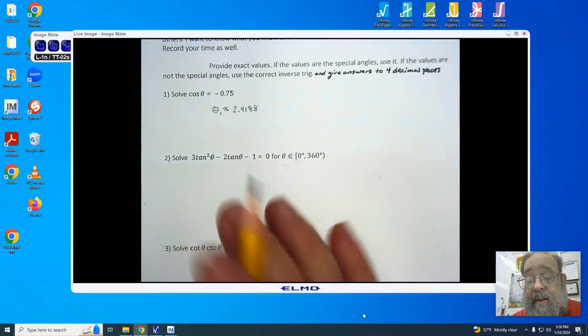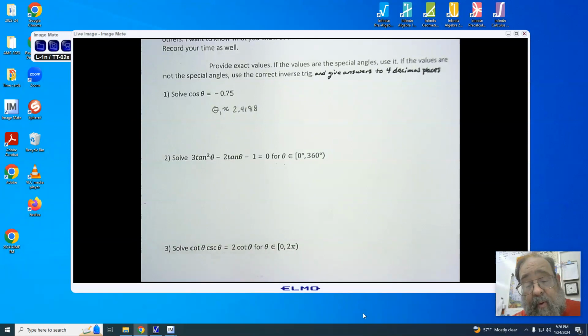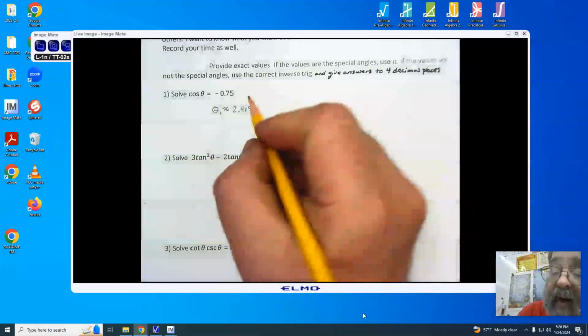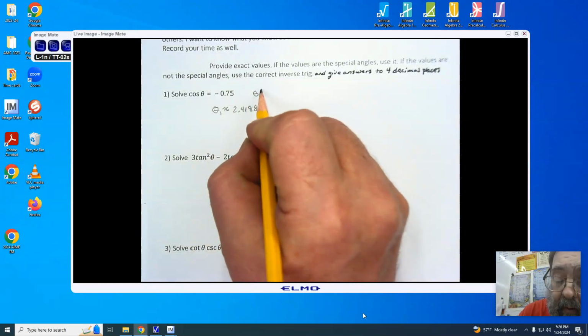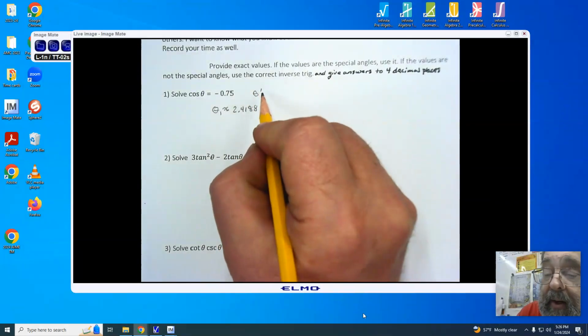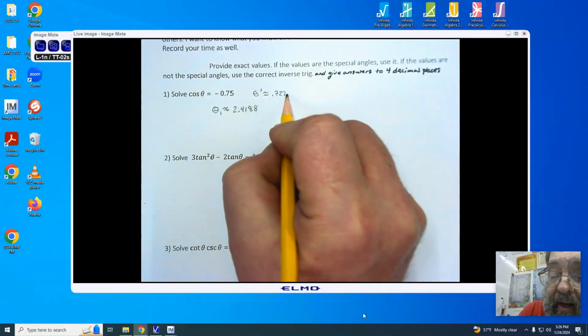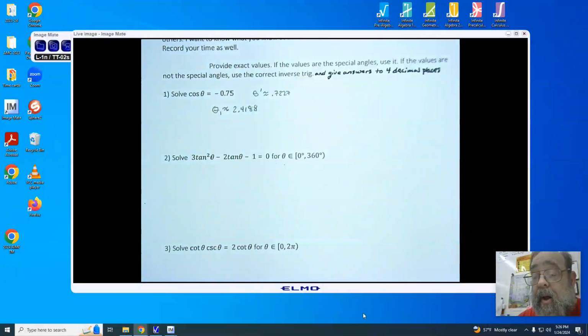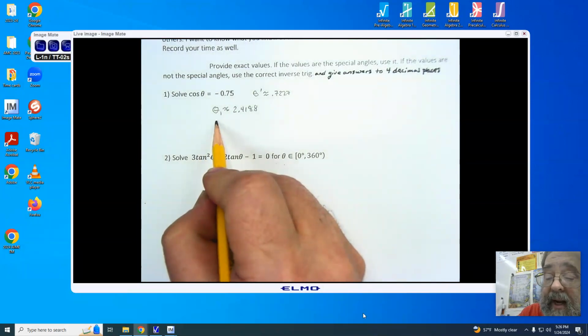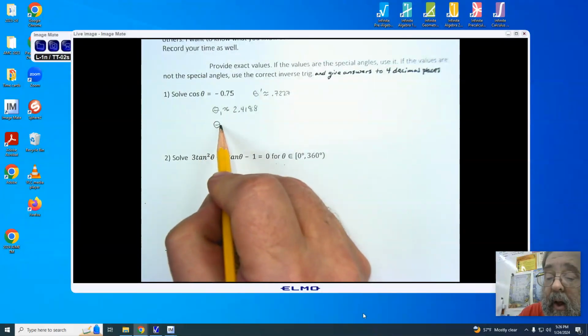Now remember, this is only giving us theta, and if we are looking for our reference angle, we need to make sure that we take this away from pi. So if you have pi minus this answer, you will be able to find your theta prime, and our theta prime turns out to be approximately 0.7227. Now, in order for us to find our second answer in the third quadrant, all we have to do